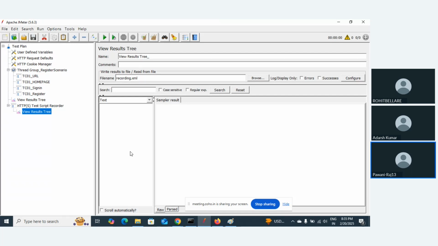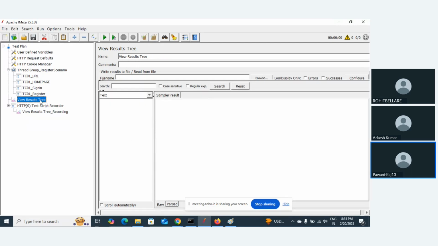So this View Results Tree will be the recording one, View Results Tree recording. Here all the recording requests will come, and this View Results Tree will be the